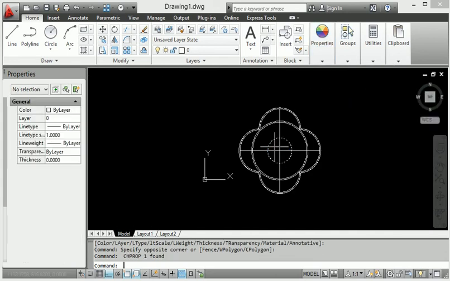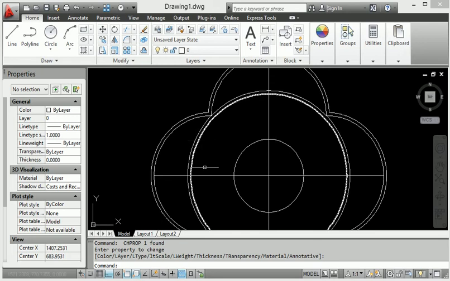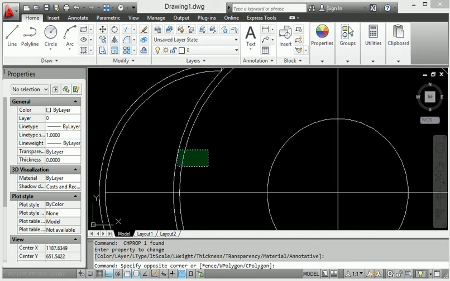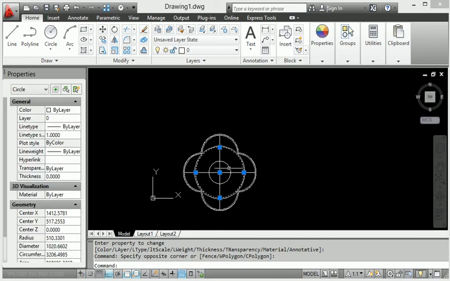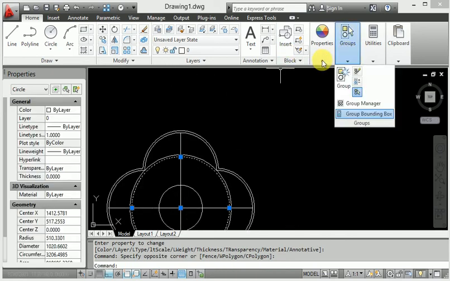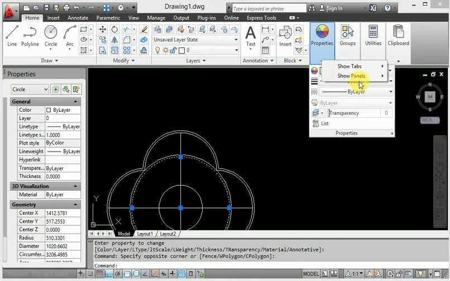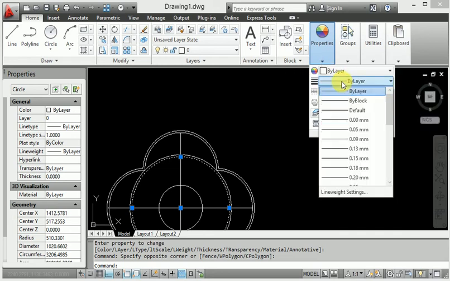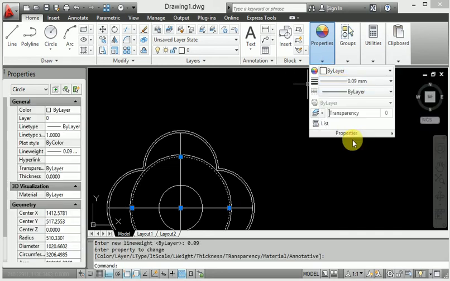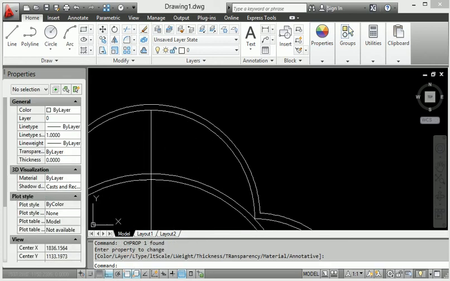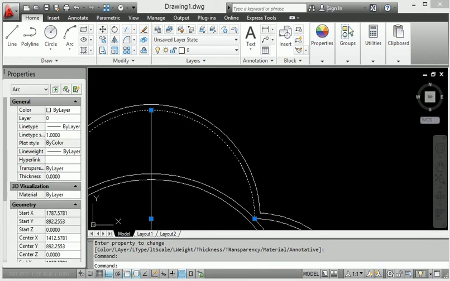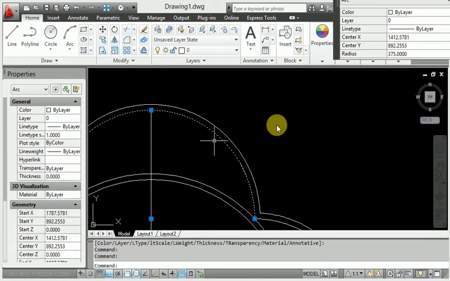Okay, then also I provide this one, this is a layer, and for this one I provide the thickness 0.09, and also this one provides thickness.